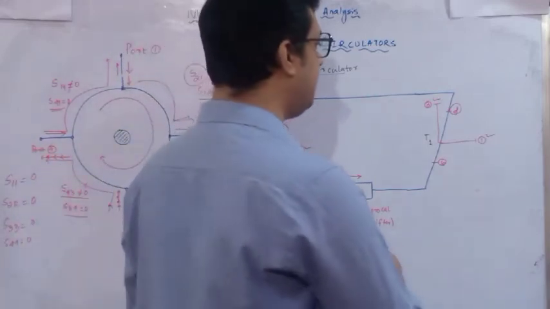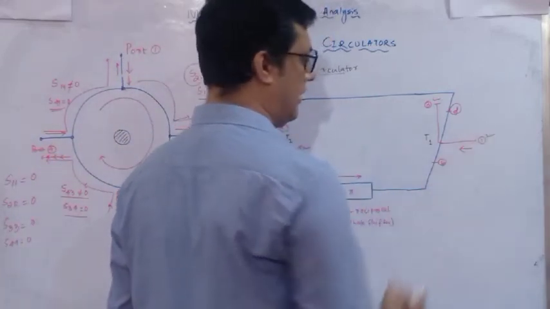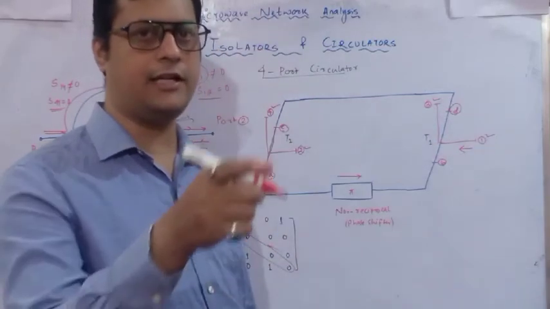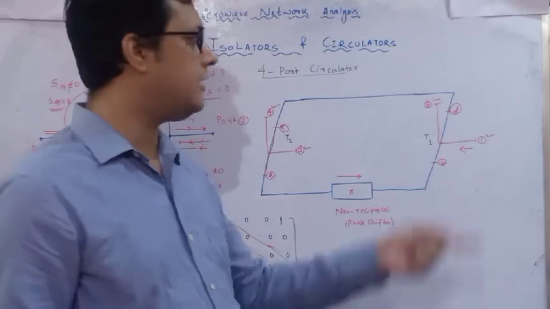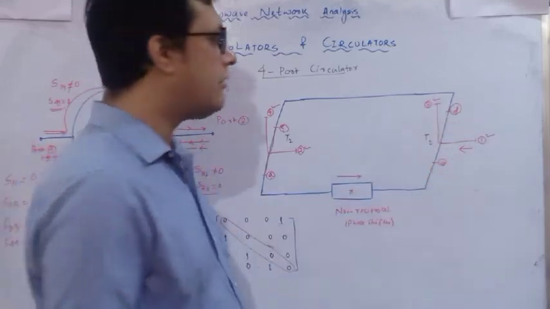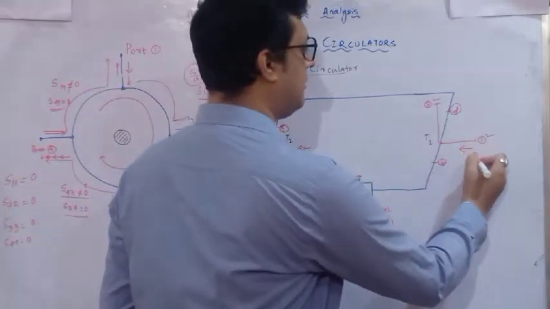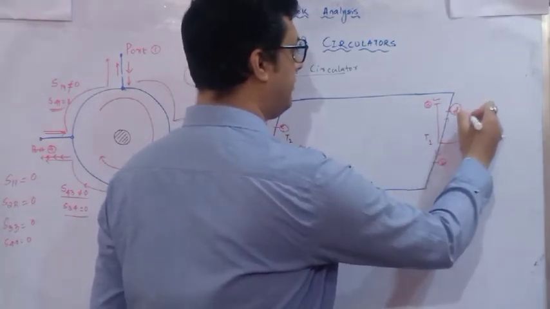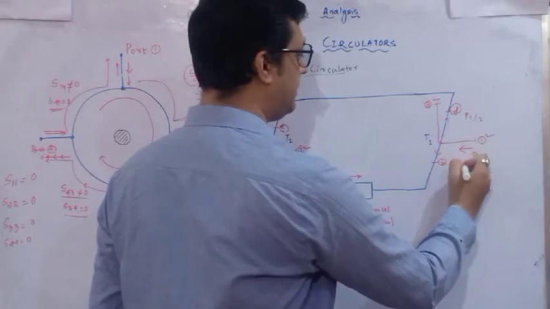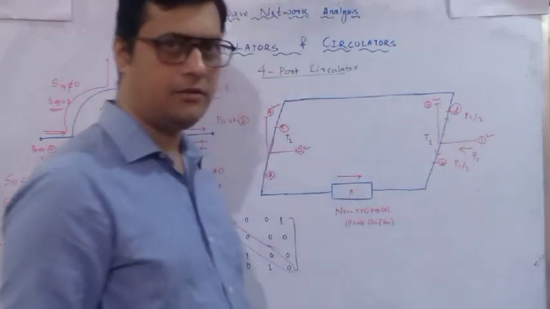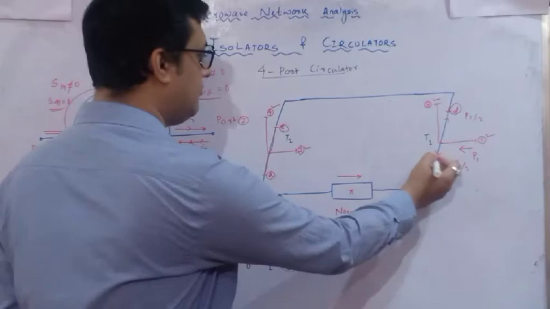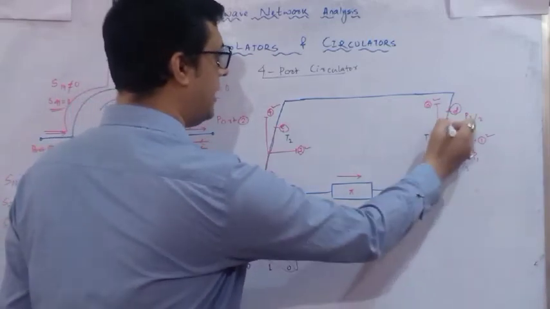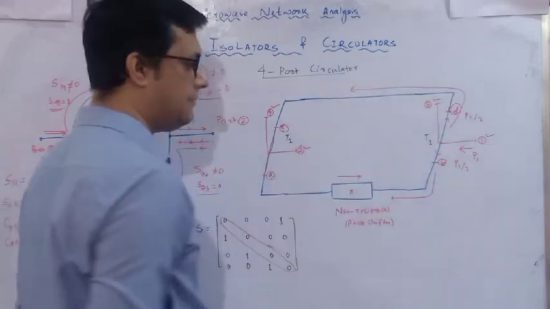Suppose I am feeding the power at port 1, that means there is no link between port 1 and port 3, because between H and E there is no link. So it has a link with 1 and 2. If I am feeding the power P1, in this D and B we have P1 by 2, half of the power is propagating in the 2 arms, it is split up and moving in this particular direction. One will move in this and one will move in this.